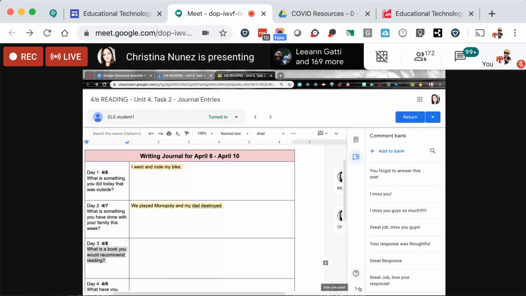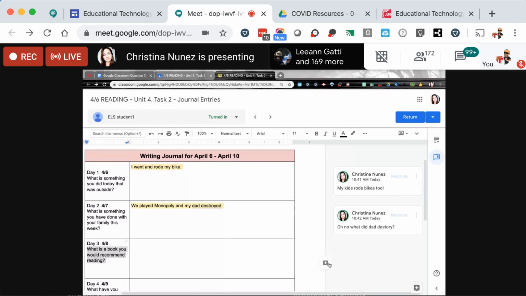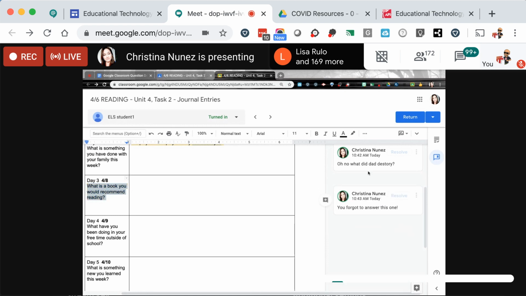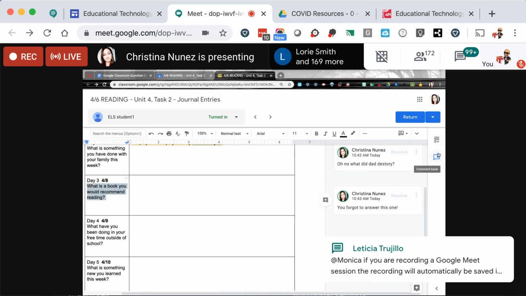This is how you get to the comment bank: I add a comment just like before, but this time I start with the hashtag. That's Shift 3, and I start with the first letter of whatever my comment bank has on it, and it will pull it up, and here they are, right here. I can pull it up. You forgot to answer that problem, or you forgot to answer this one, and I'm going to hit comment. Okay, so once again, that is hashtag, whatever the first letter is. Oops, you forgot to answer this one. I can select it and hit comment, and that's how you can use the comment bank in an assignment for